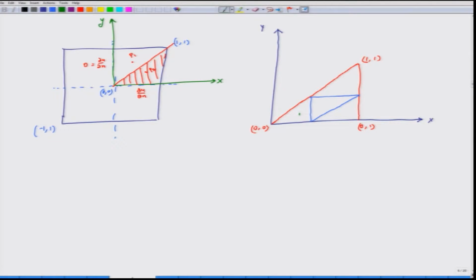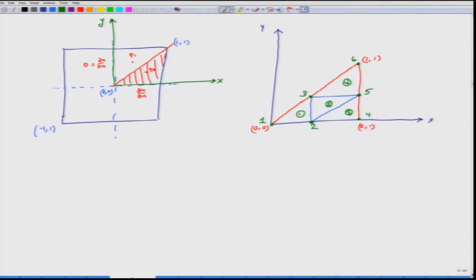So, this is element 1, element 2, element 3, element 4, and I will write down my global node numbers. So, global nodes are indicated in green, 1, 2, 3. So, these are global node numbers. Oh, actually I have in my nodes as 4. This is node 3, node 5, and this is node 6.